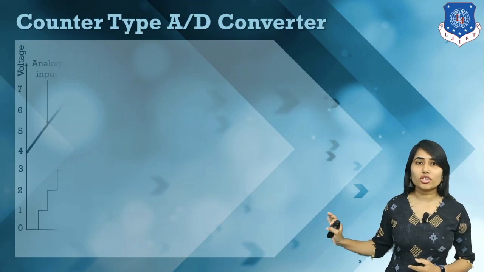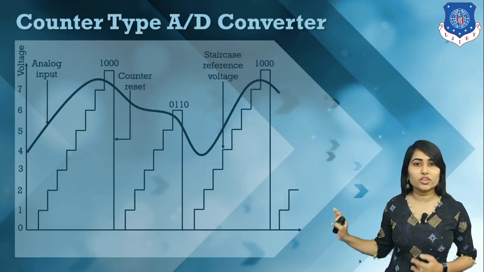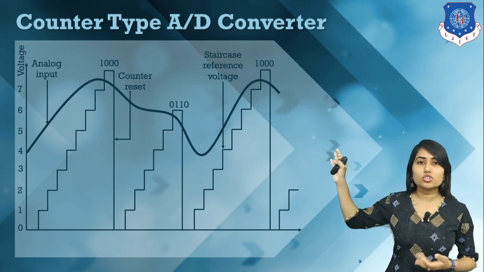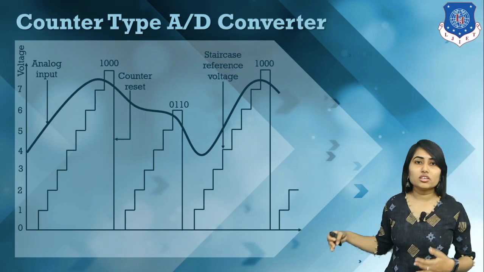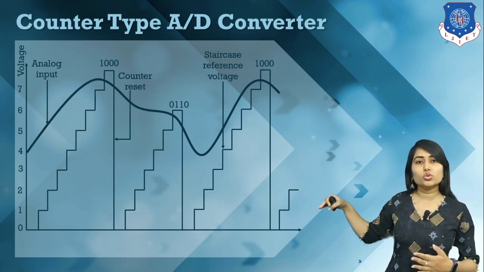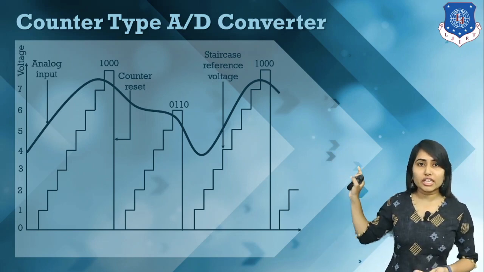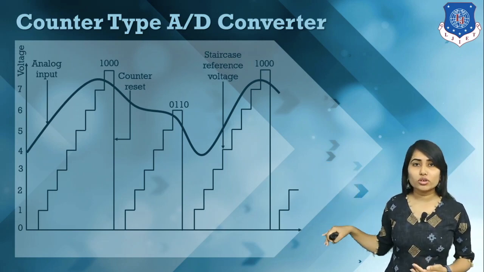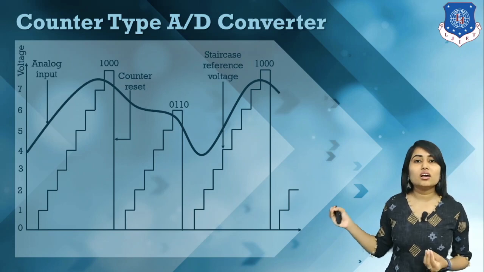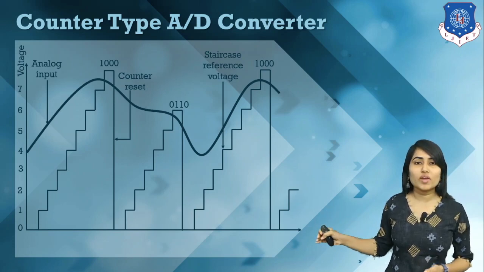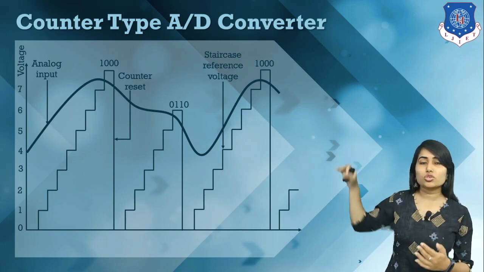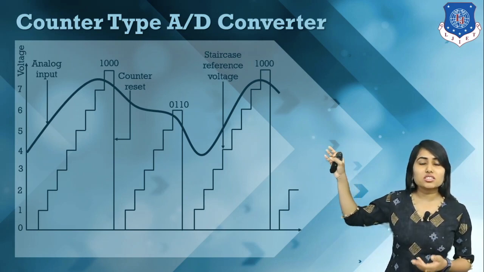Here we have a waveform to understand the basic working principle of this analog to digital converter circuit. First we have some value, that is 1 0 0 1. This counter starts from 0, 1, 2. Here we have our analog continuous signal, and this staircase signal is the output of the counter. It counts the values like 0, 1, 2, 3, 4, 5, 6. So this is basically a staircase type signal.